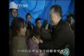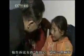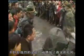China's deputy leader, Premier Wen Jiabao, has been comforting the victims. He told this girl, "Don't cry, the government will take good care of you." As well as strong aftershocks, rain has increased the dangers of the rescue effort,